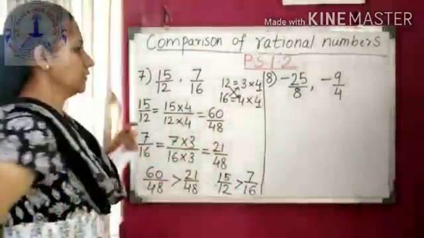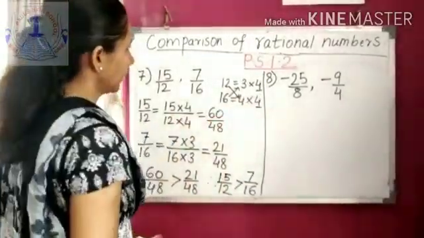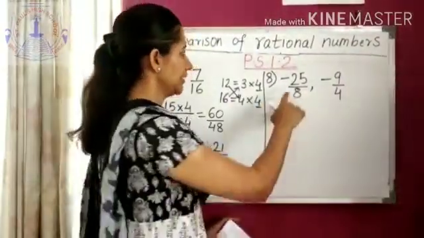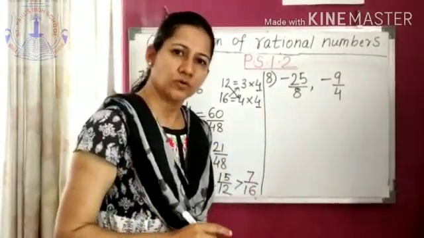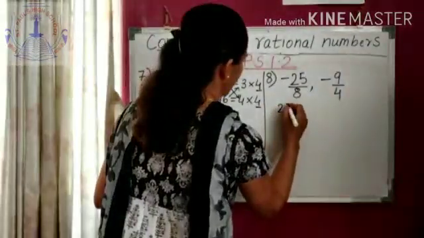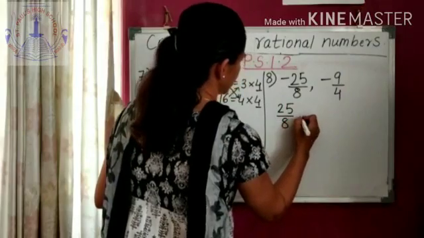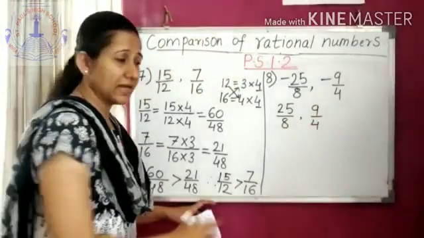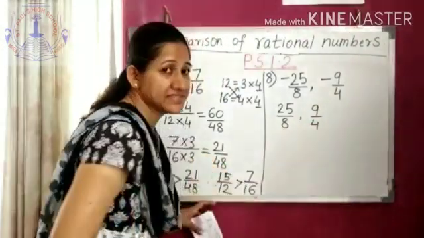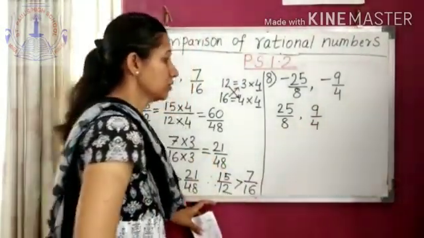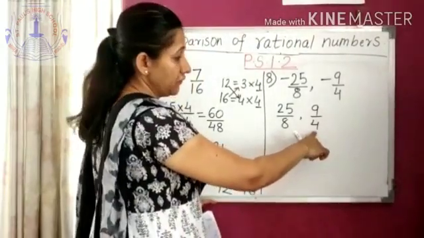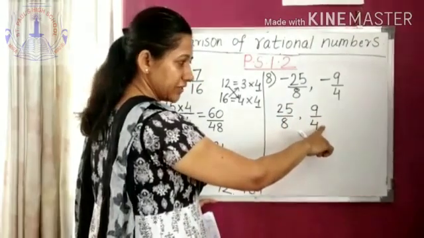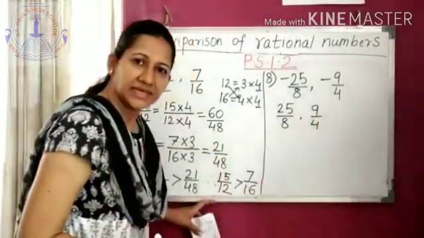Yes. Next. Now the 8th one. In the 8th one, if you see, both the fractions are negative. As mentioned earlier, if these are negative, first you have to write them as positive. So that will be 25 upon 8 and 9 upon 4. Then you have to equalize the denominators. If you see here, denominators are different. So, to equalize the denominators, if you use constant 2 over here, if you multiply numerator and denominator by 2, of course our denominators will be equal.